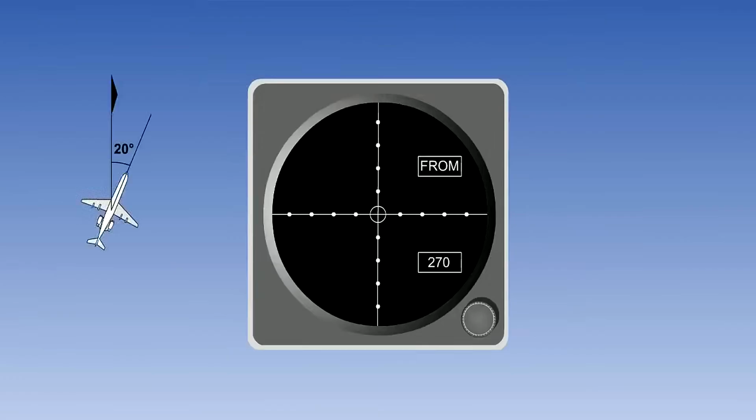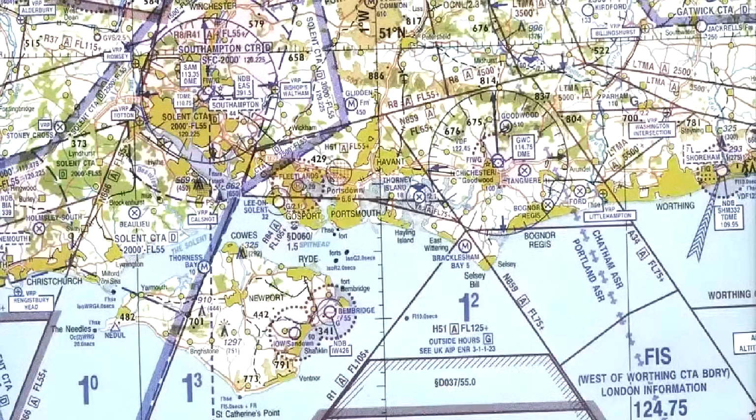It is important to note that the aircraft can be on any heading and be on the 270 radial. Our aircraft is on a heading of 040. It could have been heading 160 or 220, it makes no difference. It is still on the 270 radial from the VOR. Up till now, we have considered getting a bearing from a VOR, possibly for navigation plotting.